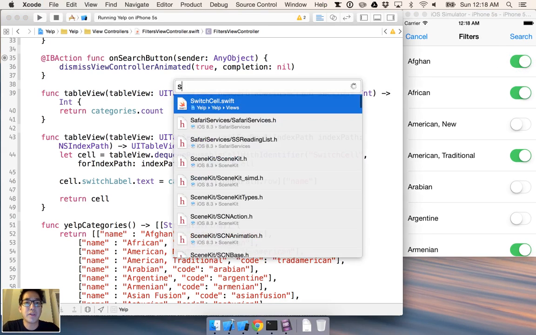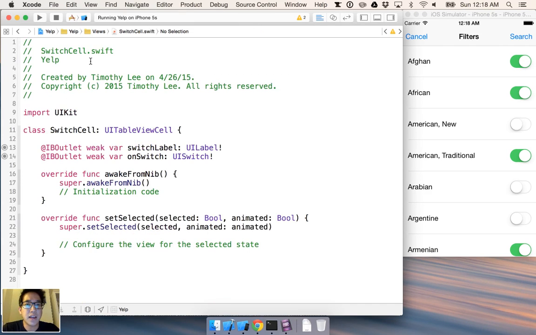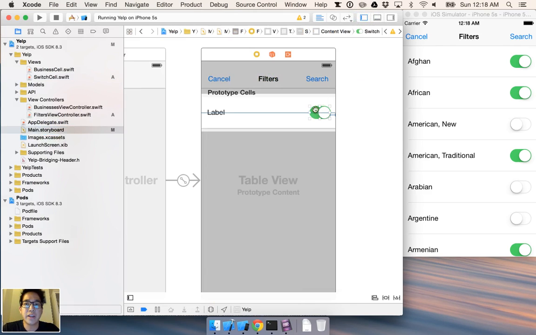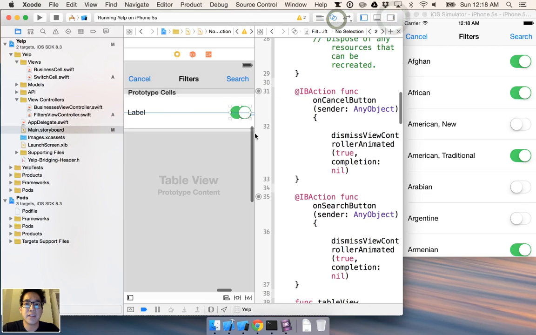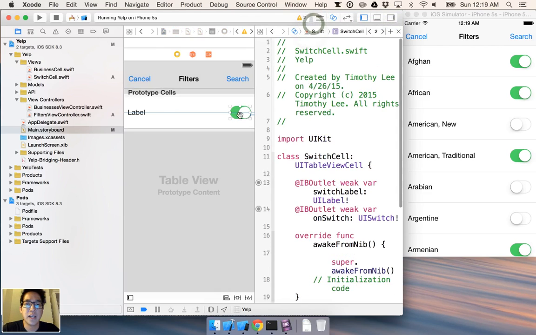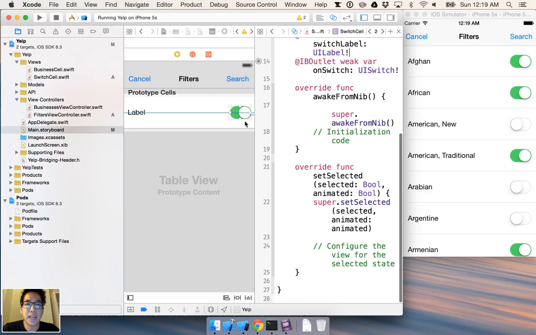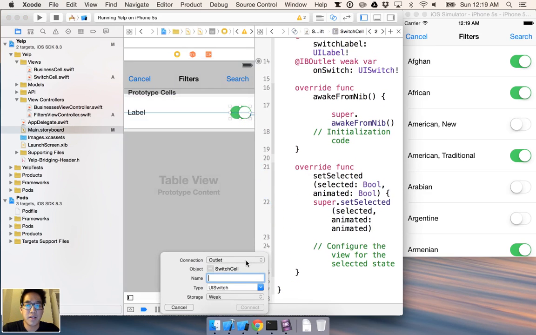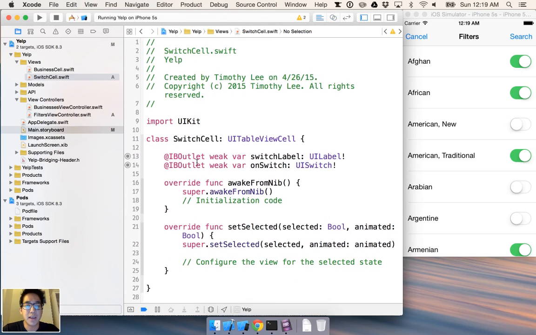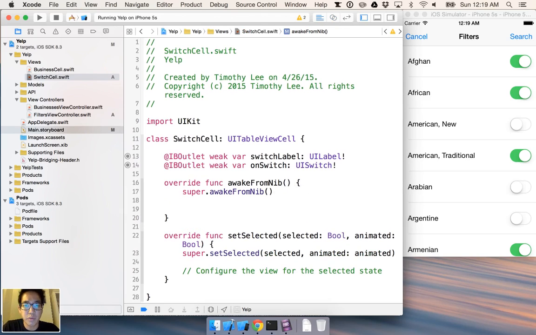In order to do that, I'm going to go to my switch cell, and one way of doing this we've already done before, which is in the storyboard. If I were to switch this to be the SwitchCell, I could create an action here for the value changed, so action and then on value change. Just for fun, I'm going to do it a different way. This is actually the same thing as what's being done by drawing that line, and I'll just do it in code. What that looks like in code is onSwitch.addTarget,